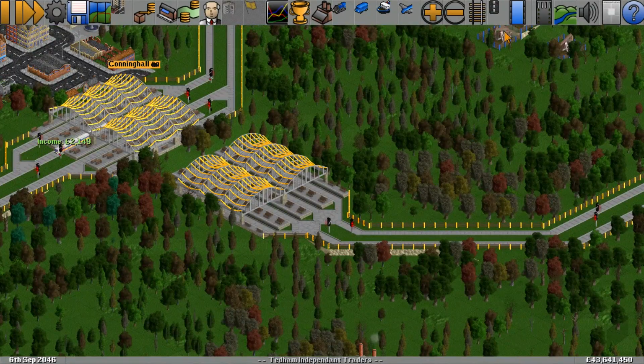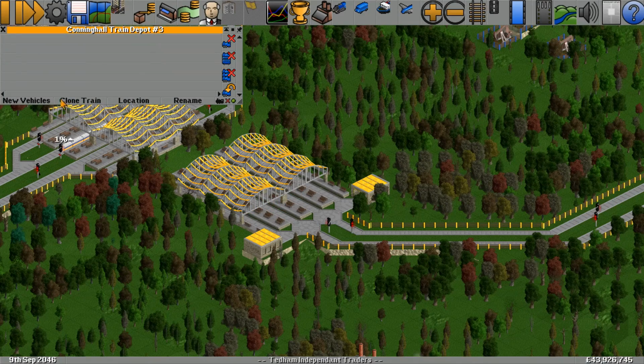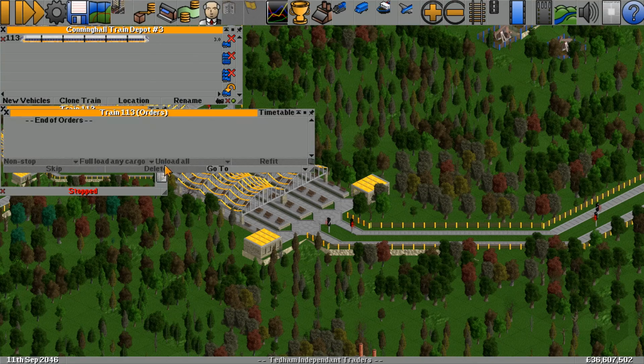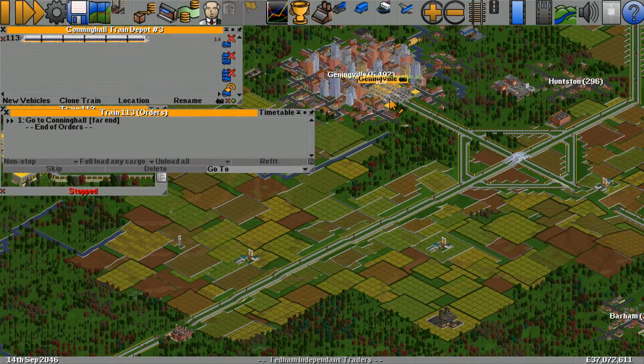Oh, you know what I did forget? I forgot to put the actual depots in. There we are. Fantastic. Let's get a new vehicle. Let's get this particular one here. It's the only real option we have in the passenger MacLeod system. And we'll put it going to...